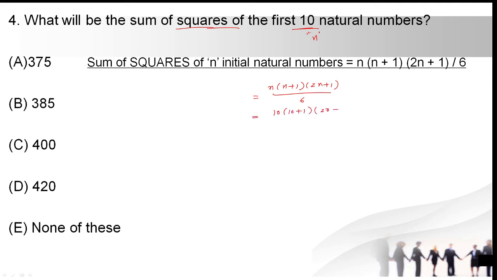So that is 2 into 10, 20 by 6. Now, what will we do? So this is 10 into 11 into 21 by 6. So 3 table here 2 times and here 7 times, and 2 table here 1 time and here 5 times. Now 5 sevens are 35 into 11.